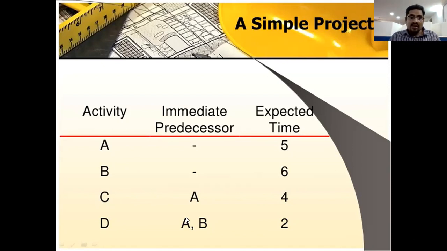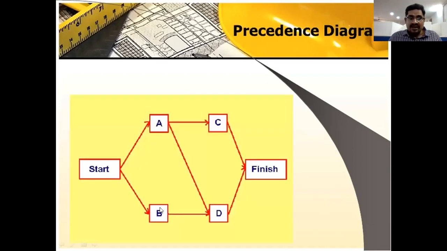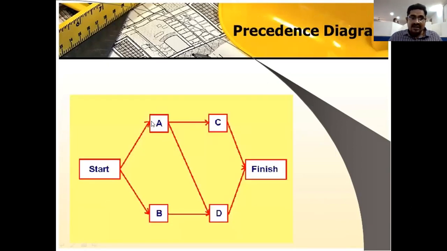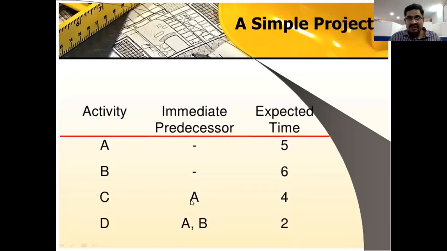So this is the problem. Now coming to the next diagram. Suppose A and B have no precedings. So A and B are the starting points. Just draw like this. A and B are the starting activities. Now coming to C. We need to draw C activity in the network diagram. C activity has A as the preceding activity. After completion of A, then C will appear. So A completed, and then A to C. C has the preceding activity A.